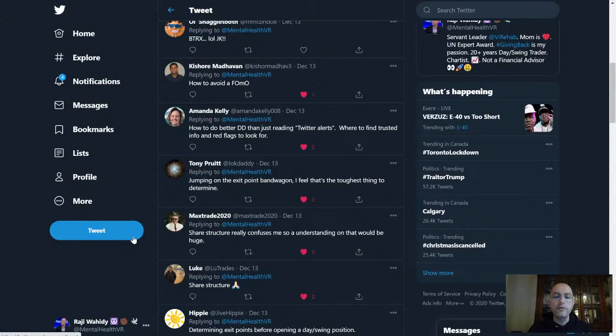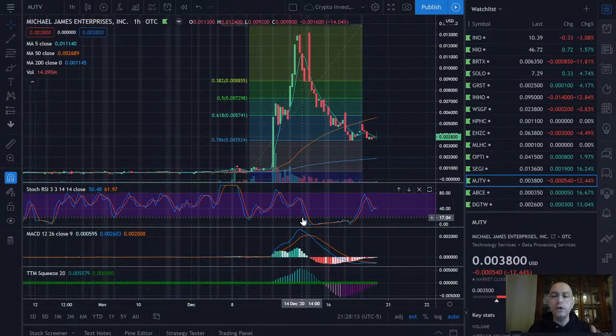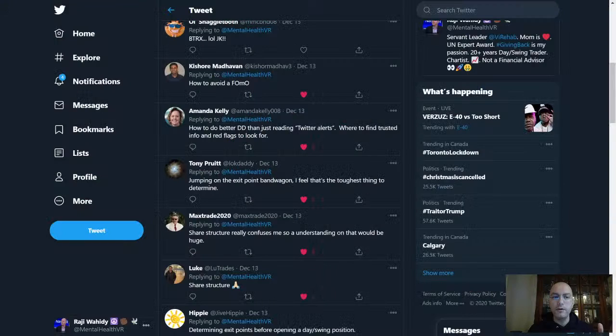Same thing for exiting. If the stock is in the overbought area, just like I'll show you right here, and it's starting to drop down, that's when you exit. And guess what? It does drop. Then you see a reversal. Then you get in. So do not do anything because anyone or a flock has decided to buy or exit or what have you. That's not the way to do it. That's not the way to trade. That's not the way to make money,